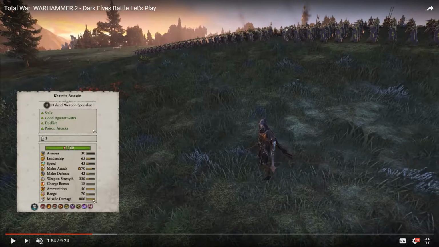But so much... Why? Why so much missile damage? What the hell is going on with this? I don't know if CA actually meant for that or not, and I don't know if he has tracking arrows like the Waystalkers do from the Wood Elves, but if he has those magical arrows that track the target and kind of curve with their movements, this is gonna be really, really painful to deal with. Yeah, he only has 70 range, but people don't expect it,